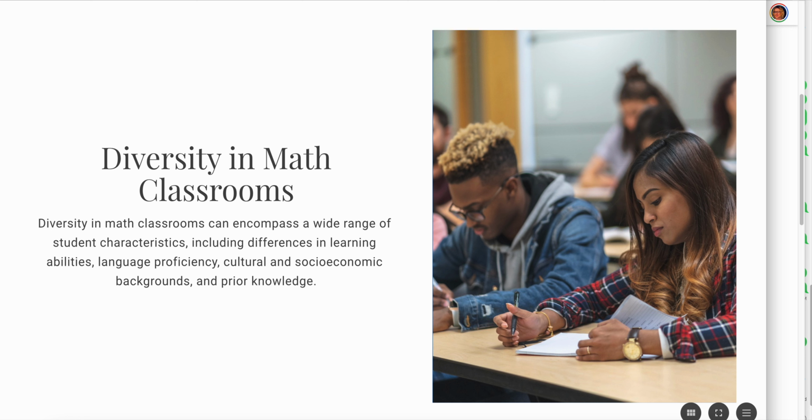And we may need to specifically address language proficiency, cultural and socioeconomic backgrounds, and even just prior knowledge that might be missing. So our classrooms are very diverse, and there's an entire ecosystem of things happening where every individual student could be in a different place or have a different ability that they need to strengthen. And so as you consider this, think about each individual learner in the classroom and try not to become overwhelmed by that process, but just keeping them in mind as we walk through this presentation may give you some ways